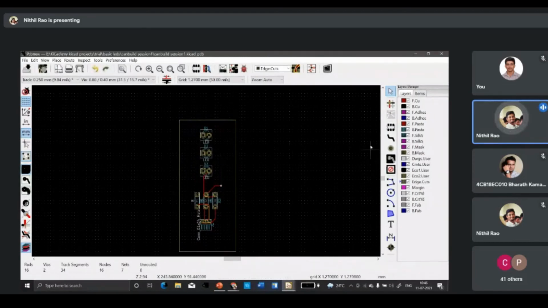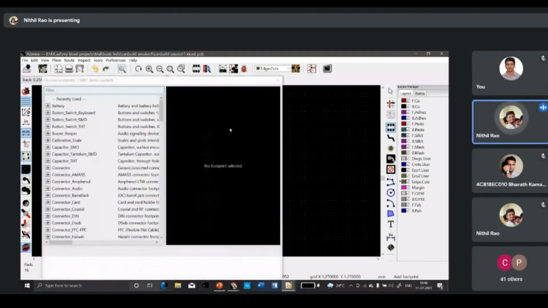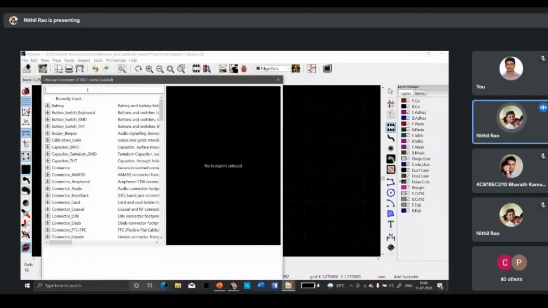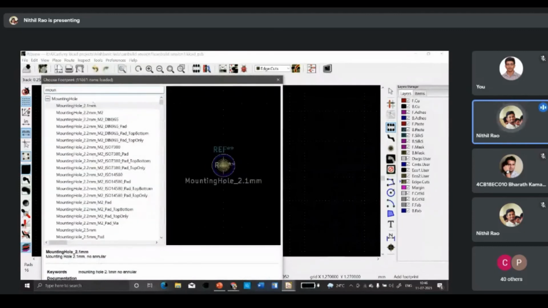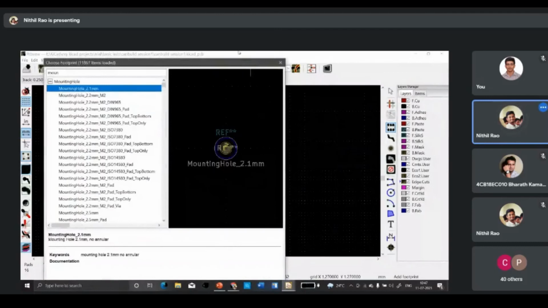That also comes along with it. So in case I want to do it, I have to click over here, Add Footprints. You don't have to go back, draw the schematic, attach the symbols. You don't have to do all that. You just have to click on Add Footprints, and then click anywhere over here. I want the holes to be on 4 corners, so I'll be clicking on the corner. This has opened. I'll click on mounting. So I got the first one itself. This one. I'll click on OK.